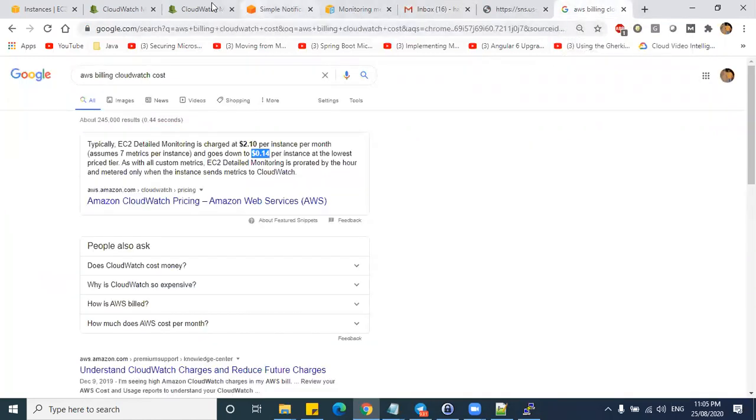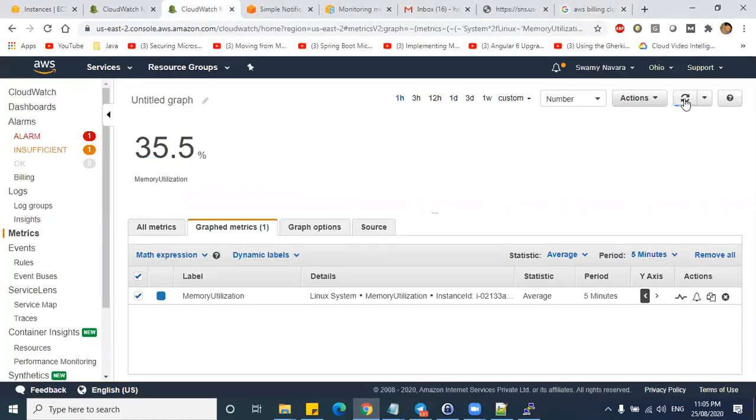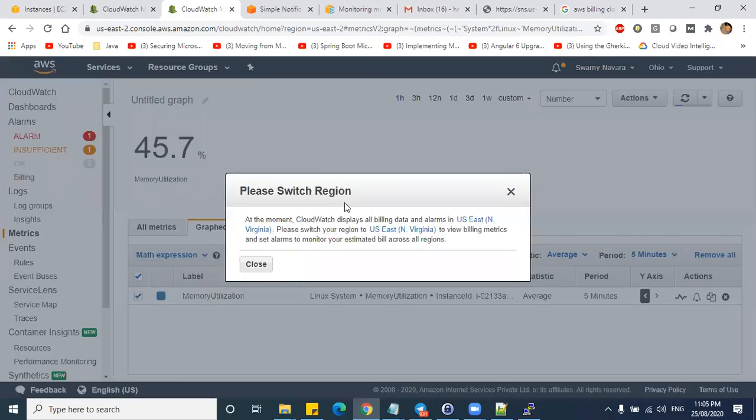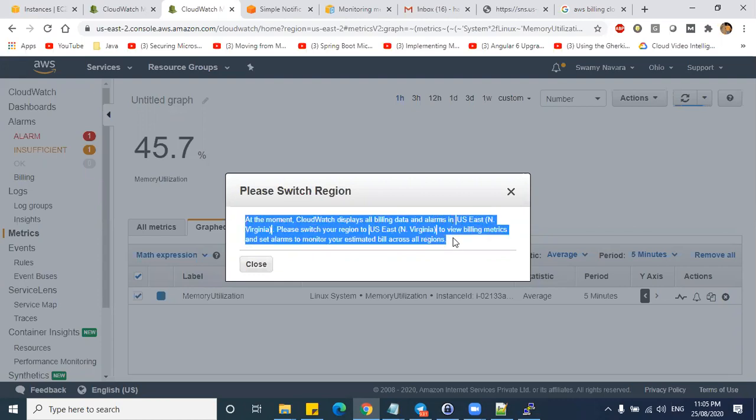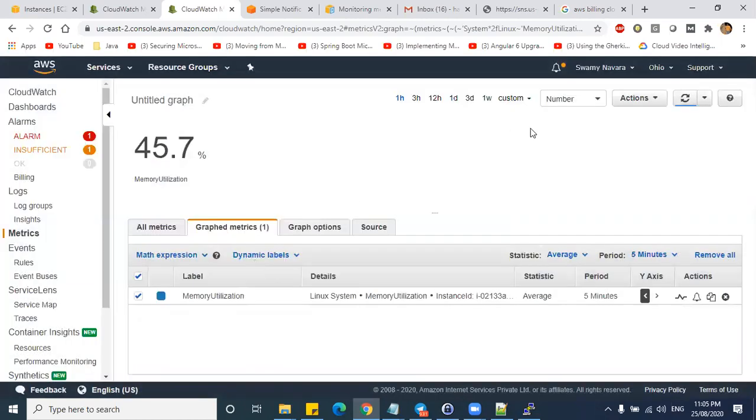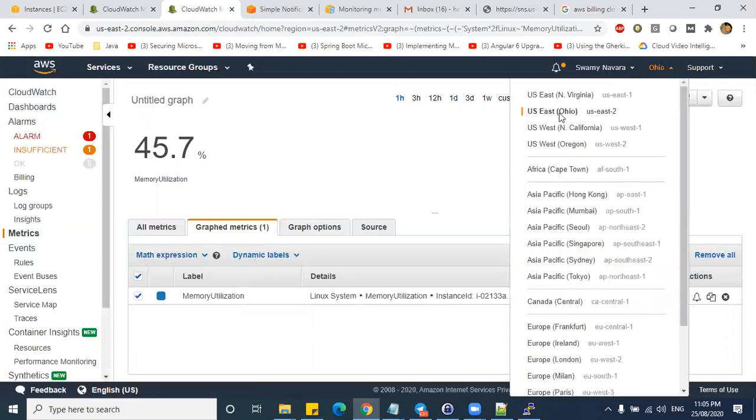Sure, I was just curious because there's a billing link. So I was just thinking that billing shows the billing for these alarms or what actually? Yeah, so this billing is nothing but whenever you log into your account, right? See, we are in Ohio region.